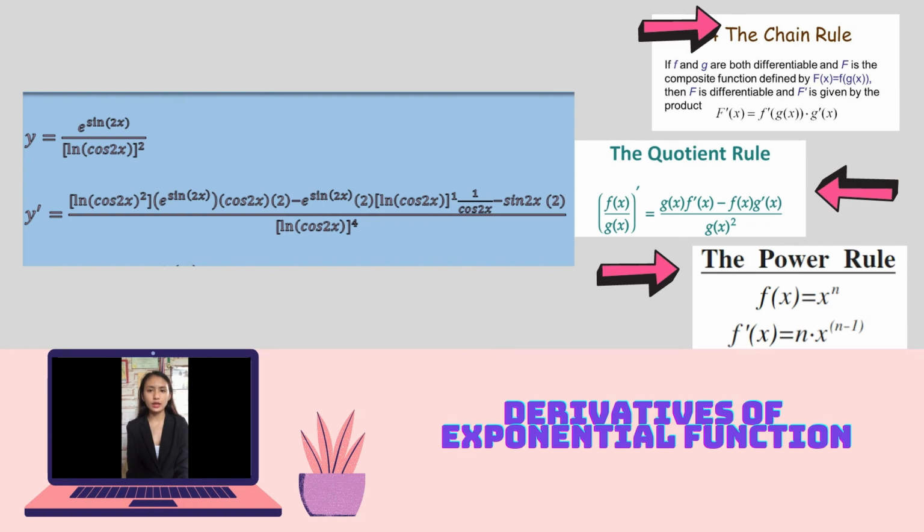Then the derivative of natural logarithm of cosine 2x is 1 over cosine 2x. Then the derivative of cosine 2x is negative sine 2x, and the derivative of 2x is 2, over the quantity of ln cosine 2x